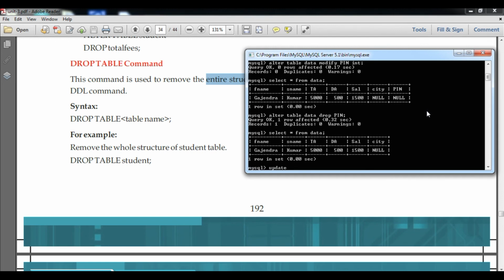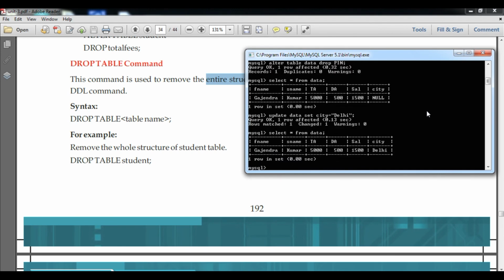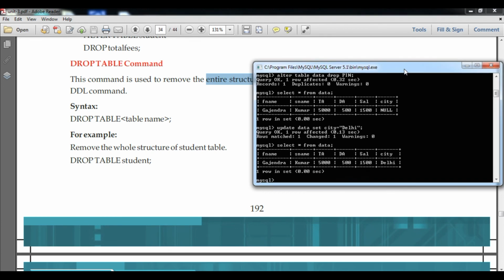So once again, update table name data, set city equals to Delhi, and I will terminate it. I run this, and now you can see Delhi has been updated here.